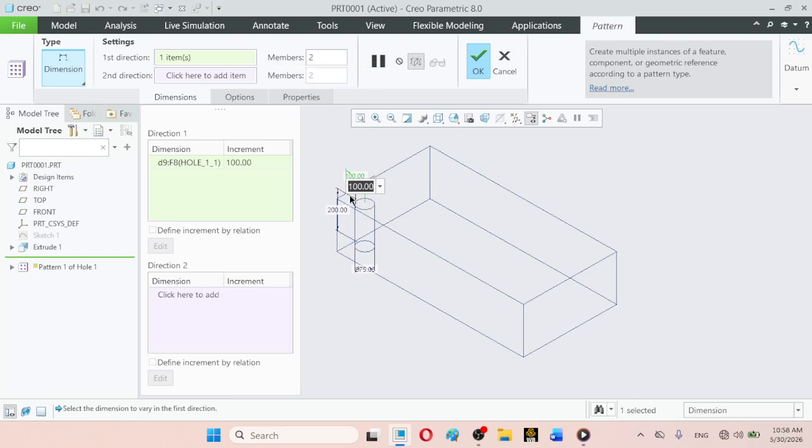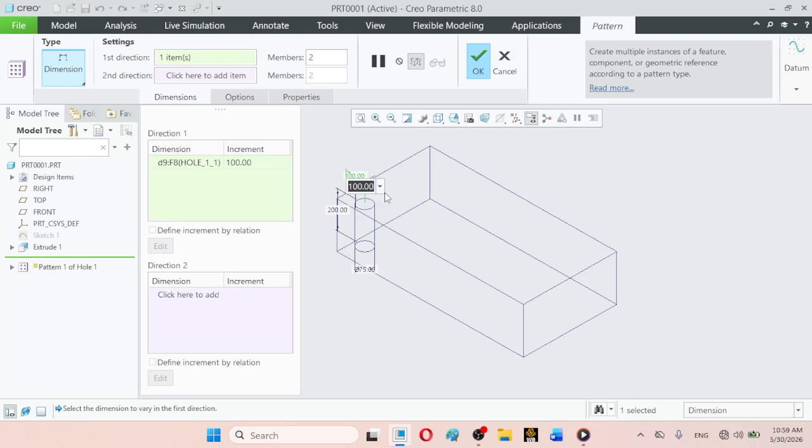Here we can observe that we have left out 100 distance from this edge, and the same distance will be left out from this edge as well. So 200 units has been omitted in the length direction, and the net pattern length which is available is 800 units.